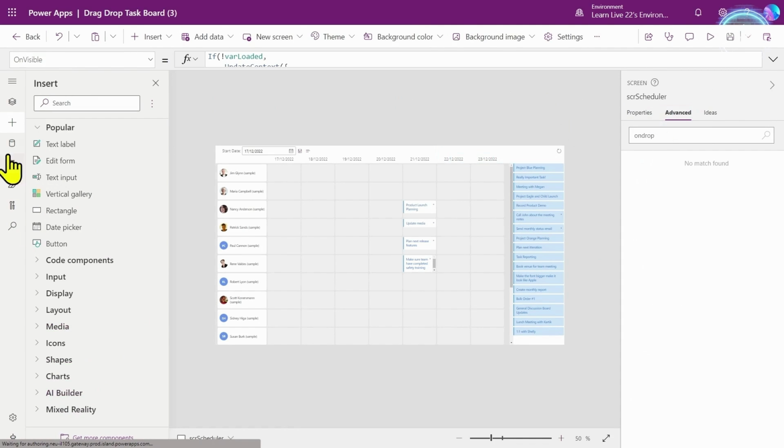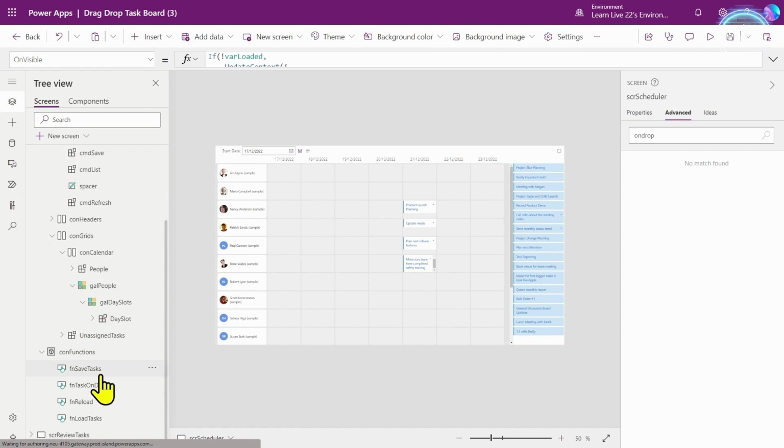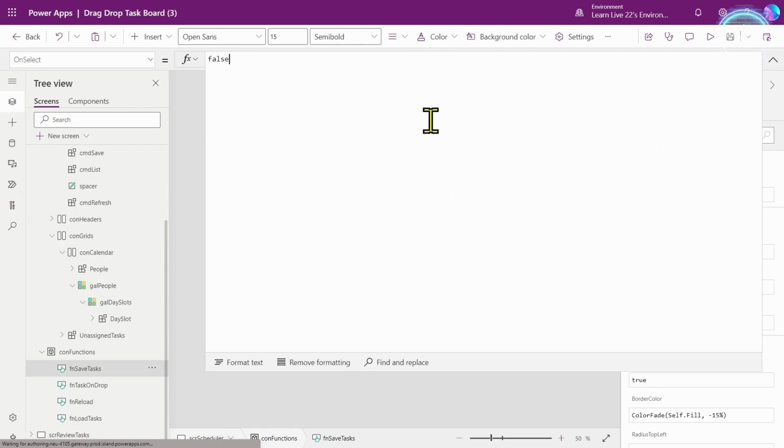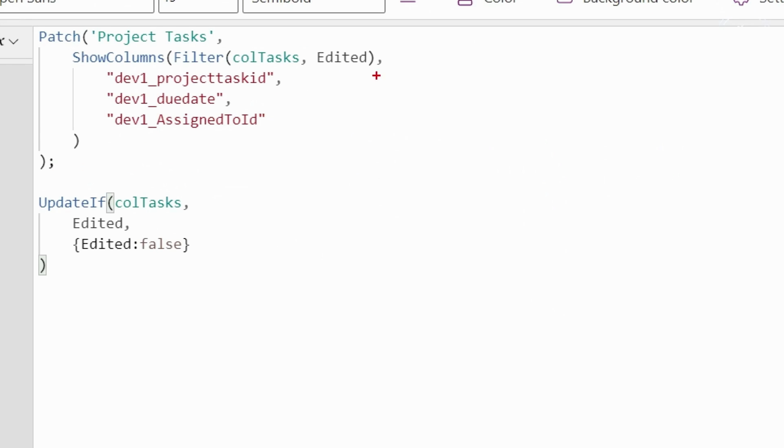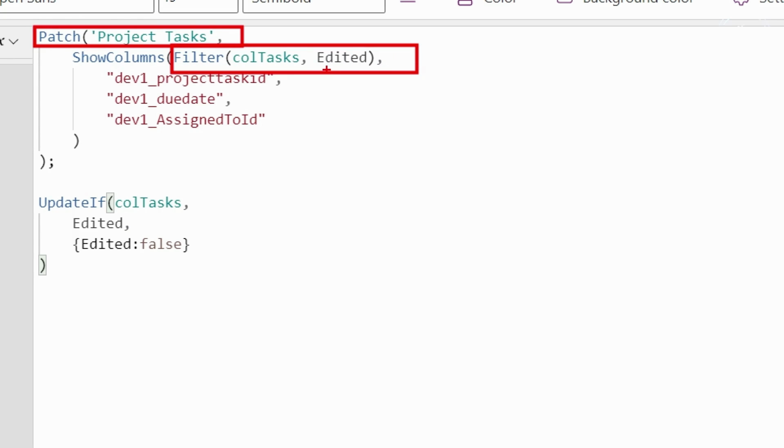And if we go to the on select of this, let's put this in. So what we're doing now is we're going to patch the project tasks, because that is the Dataverse table that stores all these tasks. And we'll take the call tasks where edited is true. So it's only going to be the ones that have moved around that have got that asterisk against them.